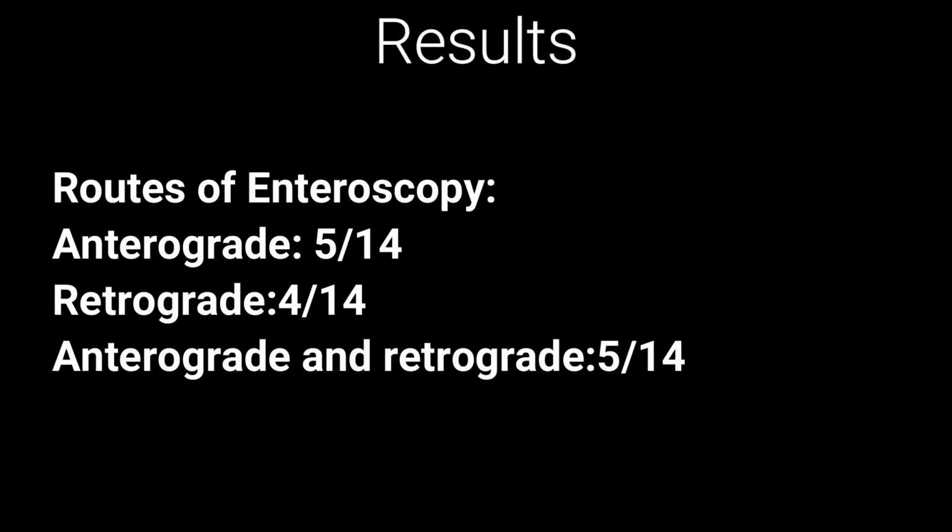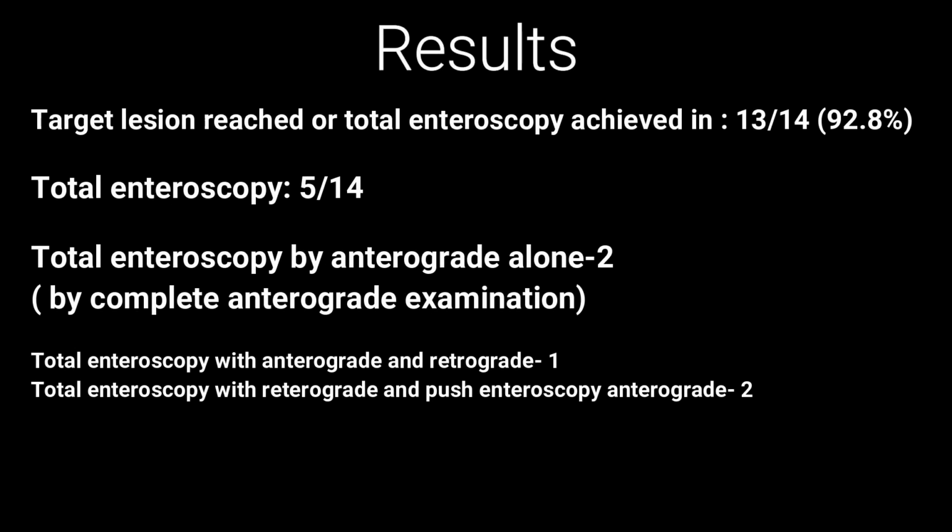Results: routes of enteroscopy were anterograde in 5 patients, retrograde in 4, and both anterograde and retrograde in 5 patients. The target lesion was reached or total enteroscopy was achieved in 13 out of 14 patients. Total enteroscopy was achieved in 5. Total enteroscopy by the anterograde route alone, reaching the cecum, was in 2. Total enteroscopy with anterograde and retrograde enteroscopy was in 1 patient. Total enteroscopy with retrograde approach and push enteroscopy in the anterograde approach, because of difficulty in crossing the cricopharynx, was in